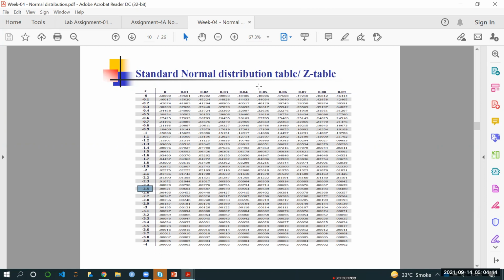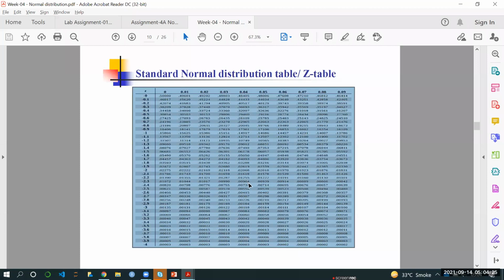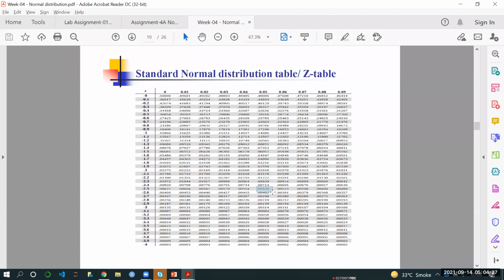This second 5th number is here. So I come along this column, coming to this point, and I found this is the value, 0.00538. So minus 2.55 equals minus 2.5, concatenation operator,